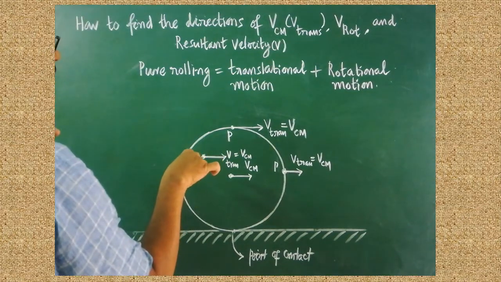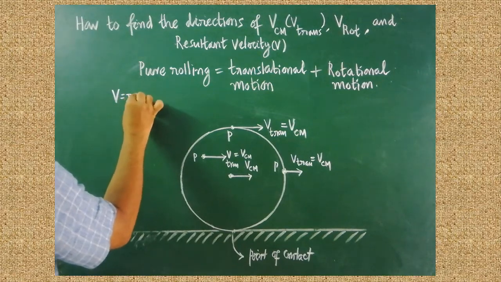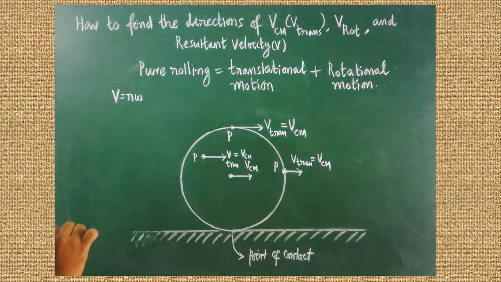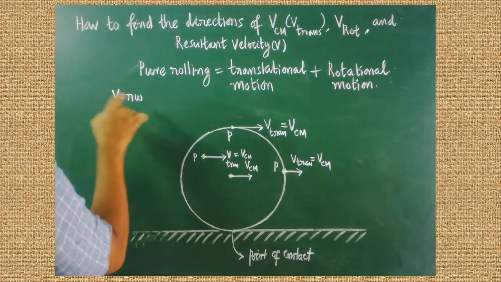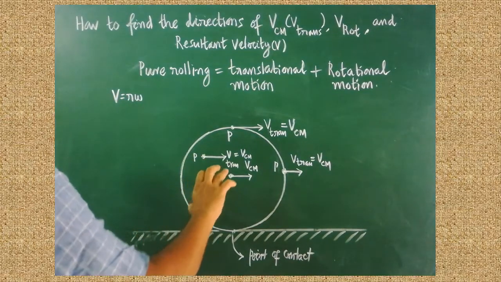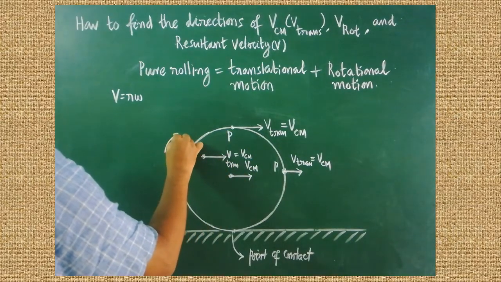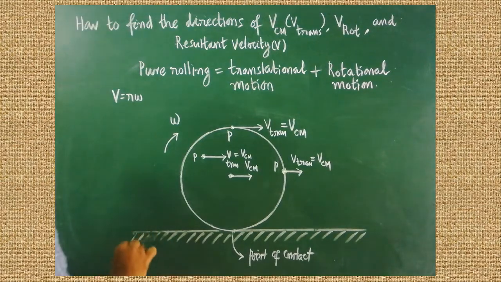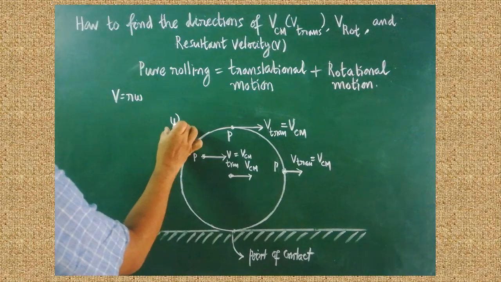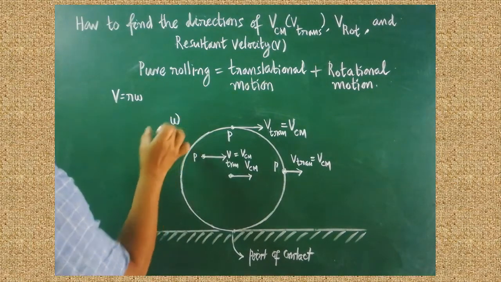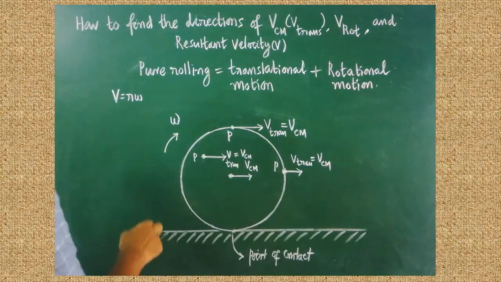How do we find the expression for rotational velocity? For that we have to use the formula V is equal to R omega. V is equal to R omega is the expression. This is the relationship between linear velocity and angular velocity. Let us imagine that when it is rolling on the ground, this object has some angular velocity that can be represented by the letter omega. So when it is rolling, when it is rotating, definitely it should have some angular speed or velocity that should be taken as omega. With the help of the formula, we are able to get the expression.